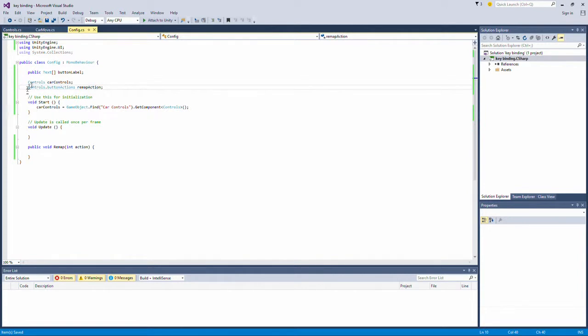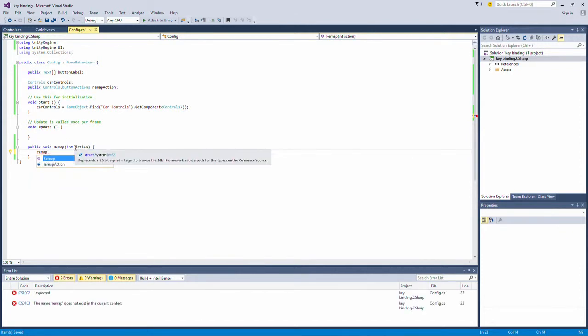Hit save. And why not? We'll just put it public, just so that we can debug it. But when we press the remap button, we want to store which action we're going to remap into this variable, remap action. So we're going to say remap action equals